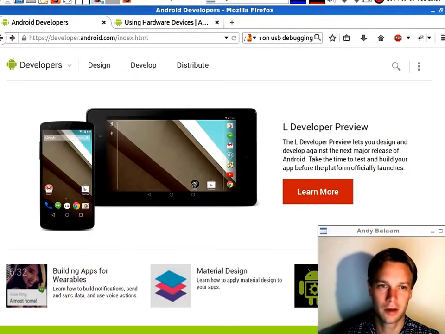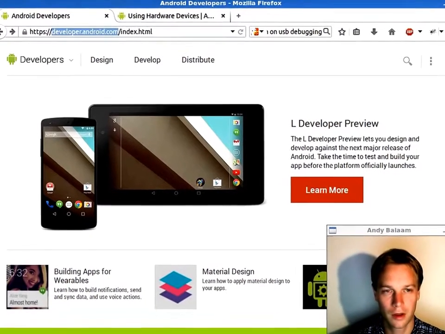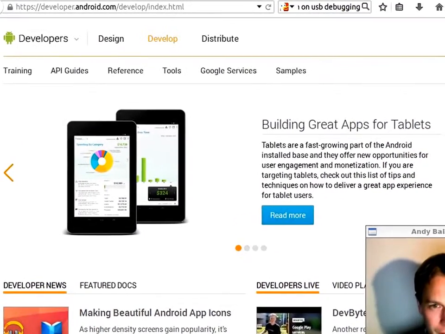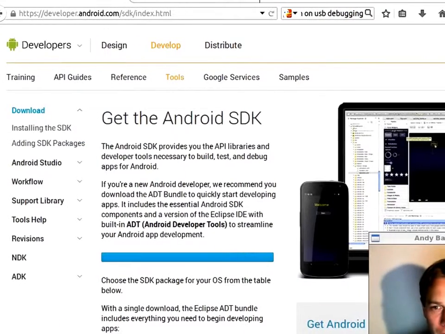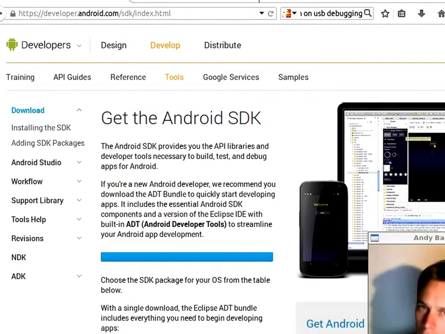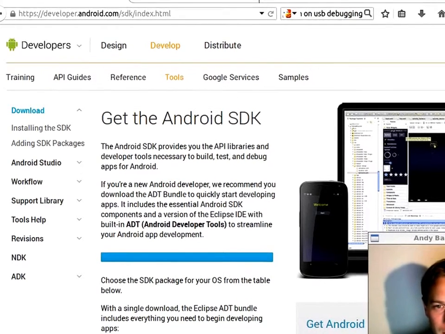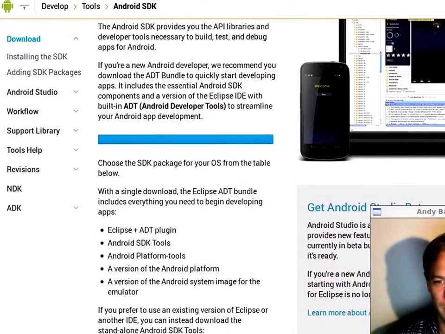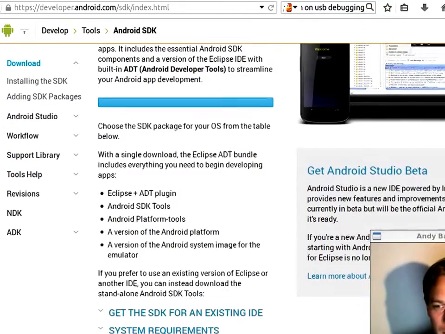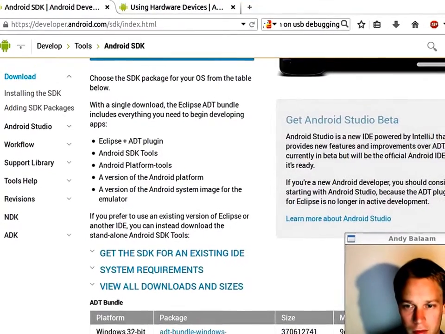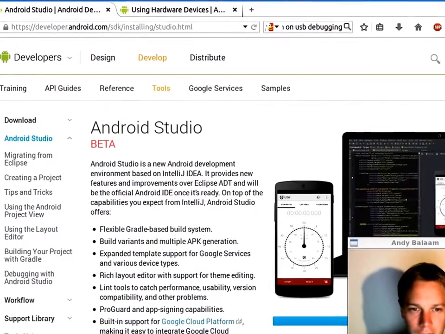First thing we need to do is go to developer.android.com, click on develop, and then click on Tools. They're still pushing the Eclipse-based environment as the main thing that they're pushing, but when I tried it, it seemed like it was sort of dropping out of being supported. Things weren't working and no one's that interested in fixing them. So I got the distinct impression that all the cool guys are using this thing called Android Studio, and all Google stuff's always in beta anyway, isn't it? So that's fine. So click on